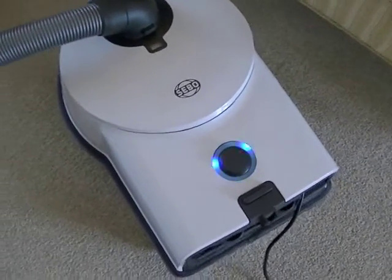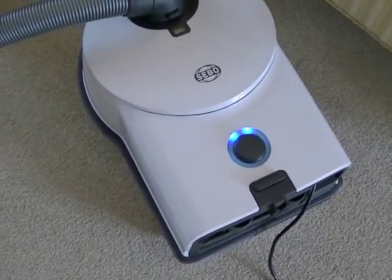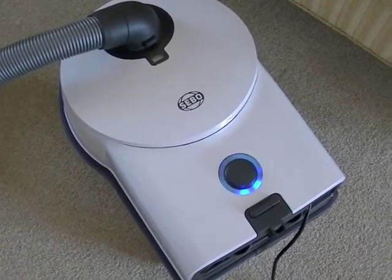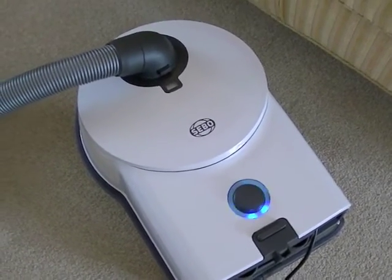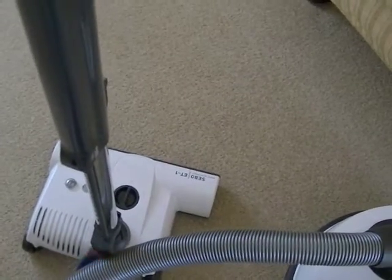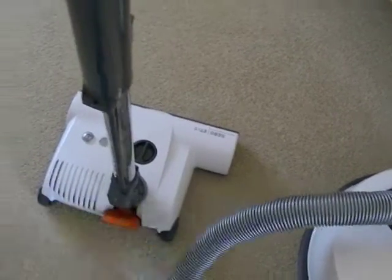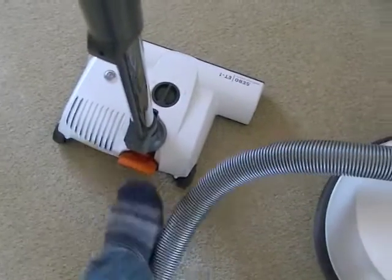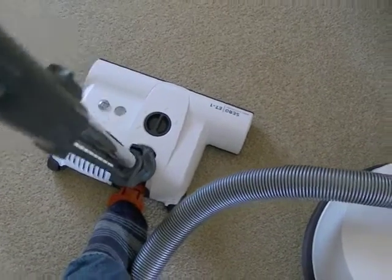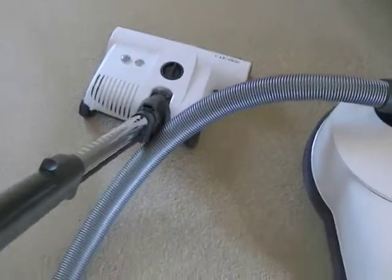If you try vacuuming your curtains on full power, you won't have much of your curtains left, certainly with this machine. So there we have the machine. Here we have the power head. You've got a large orange lever on the back there. Now the thing I love about this power head